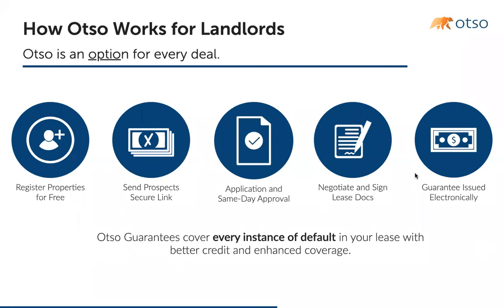It's an option, meaning that the way most landlords use us is once their properties are onboarded, we assign a secure encrypted link to that building. Let's say it was 123 Main Street, and potentially a tenant would come through. Let's say they tour Suite A. They're going to tour Suite A and tell that broker, you in this case, hey, I'd like a proposal. I really like this space. I'd like to make a deal.